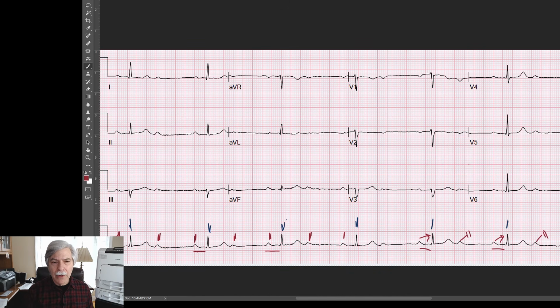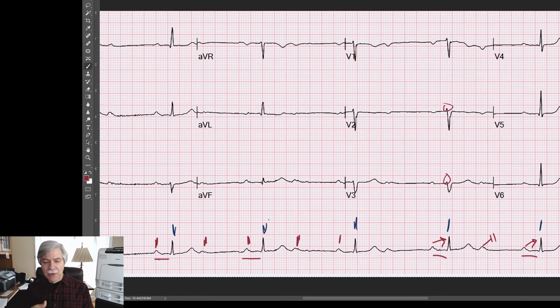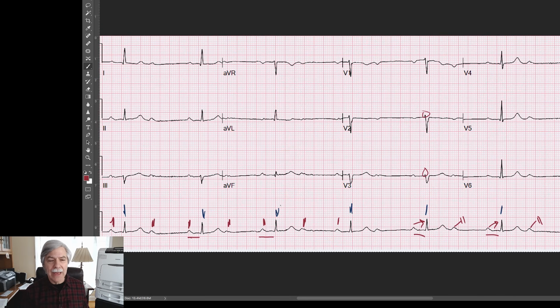The QRS is pretty narrow. You have poor R wave progression, but I don't know about your hospital, in my hospital's emergency room, a lot of times they just put V3 in the wrong spot, right? V3 should be between V2 and V4, about halfway in, but some people put V3 too low on the chest wall. That's a whole other story. But that's why sometimes the V3 R wave looks too small. Let me just make sure I got this in the right magnification. Okay, so we have 2-to-1 block.